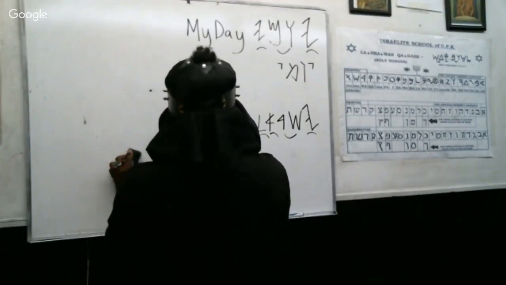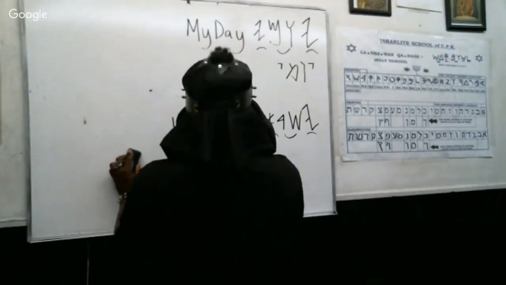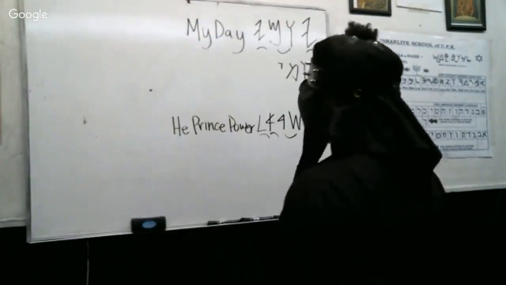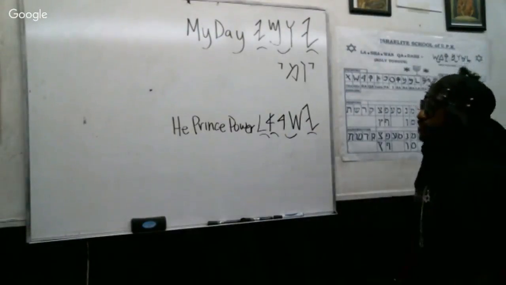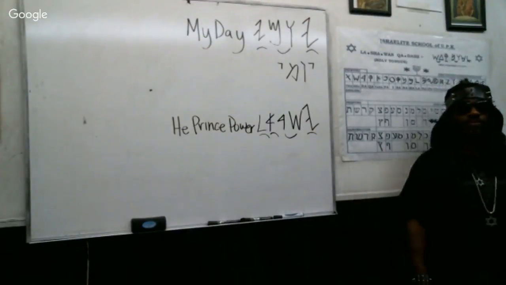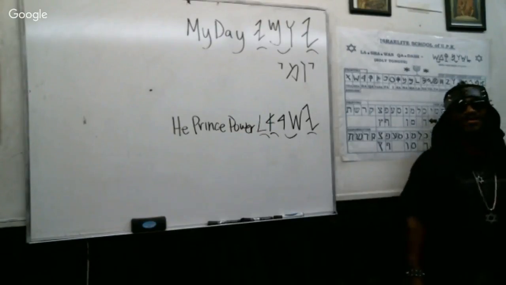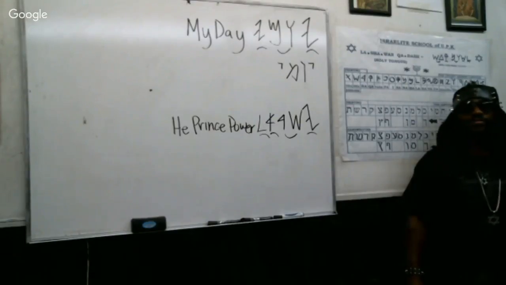Now, the reason why I put it in English just like that is because that's the word in Hebrew. But of course, in Hebrew, we know it means he is a prince of the power. He's a prince of power. Now, I just said a lot of words that weren't in there, right? Because we know he, prince, and power. Meaning, okay, he's a prince of the Most High. Right. Prince of the power.